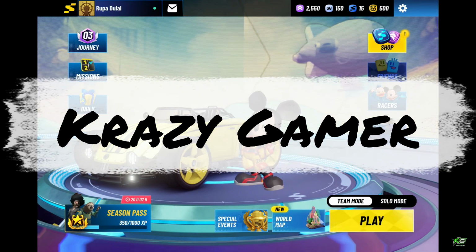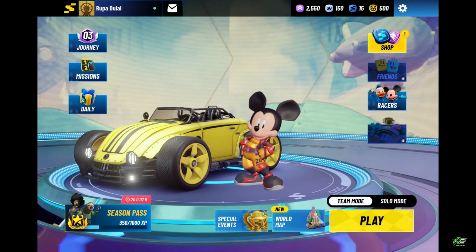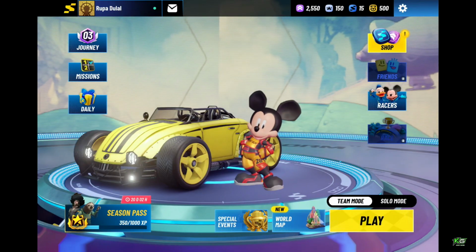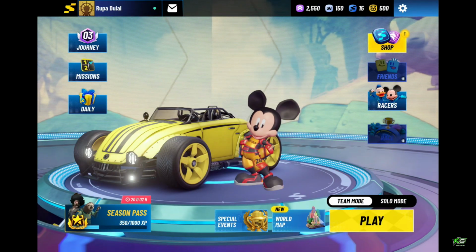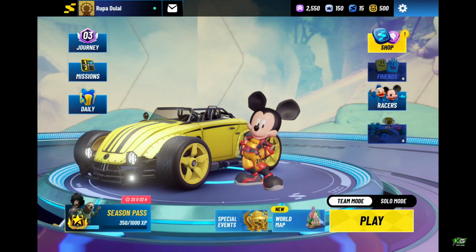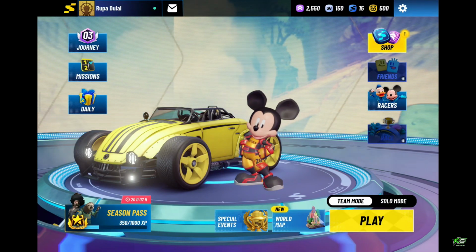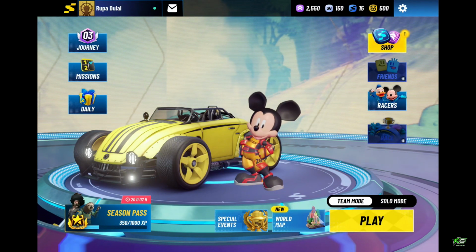Today in this video, I'm gonna be guiding you through how you can easily find your player ID in Disney Speedstorm game. Your player ID is a unique identifier to your account, which is useful for support, adding friends, or linking accounts. So in order to find your user ID or player ID, open the Disney Speedstorm game, and